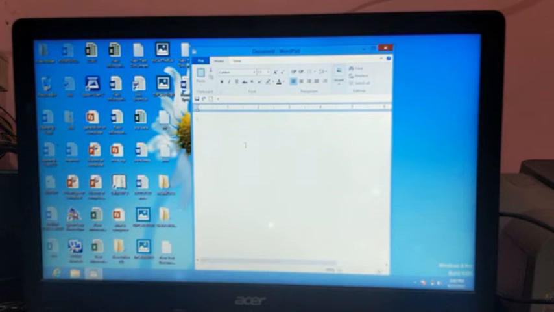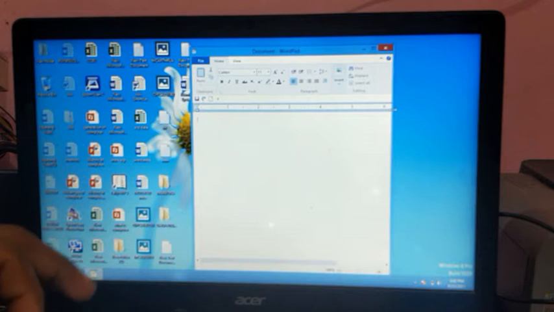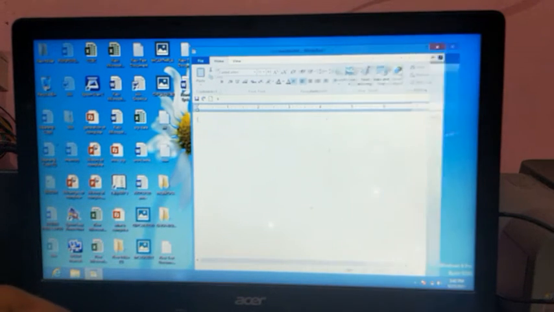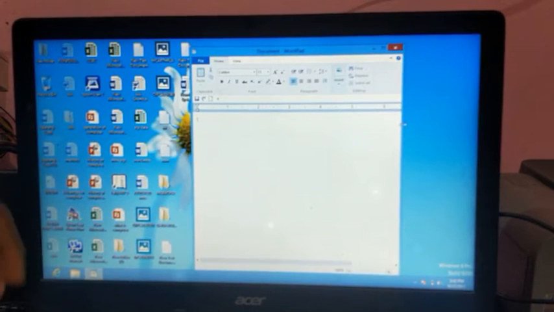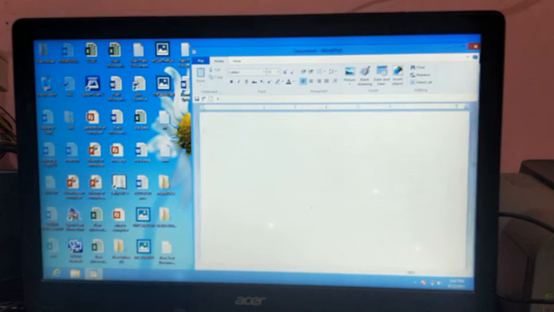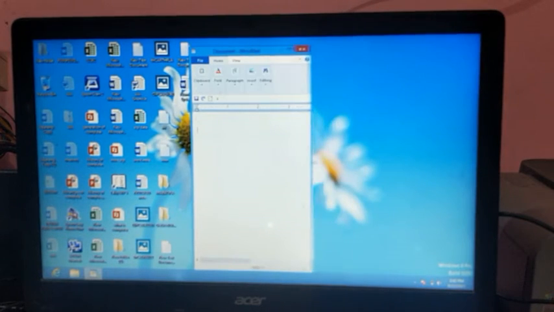Then we will increase the window size. How? There are two ways. You have to click on the edge, then hold and increase, increase and decrease like this. You can also do it by keyboard. How? You have to press Alt space S. After that you have to press any arrow key. You can see it will increase to the right side, and then press left arrow, it will decrease its size.